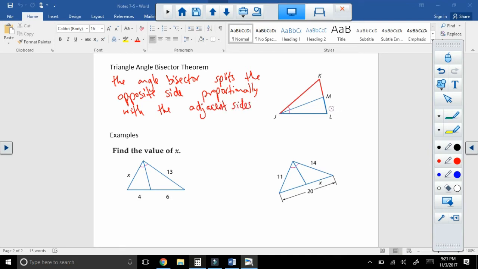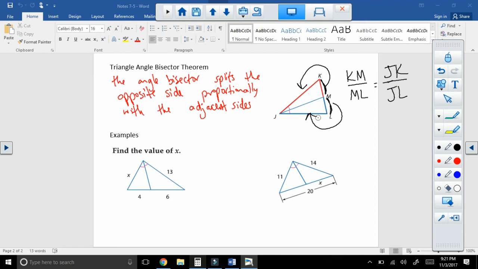And this is kind of hard to see maybe the first time or two, but once you get the hang of it, it should be pretty easy. So this angle bisector is splitting this opposite side into those 2 parts. So we have KM and we have ML. And what it's saying is that it's splitting it proportionally with the lengths of those sides of the triangle. So KM will correspond with JK because that's its adjacent side,